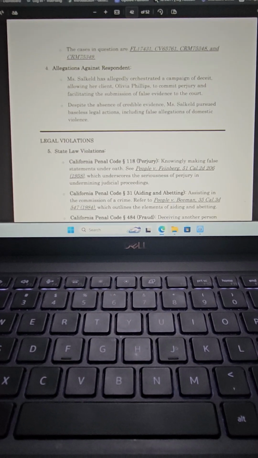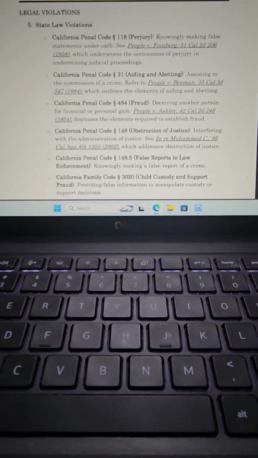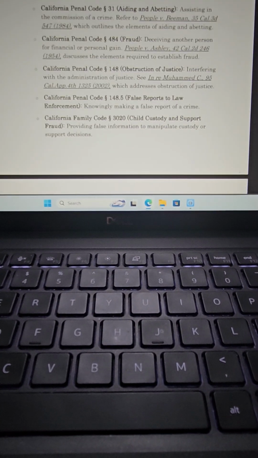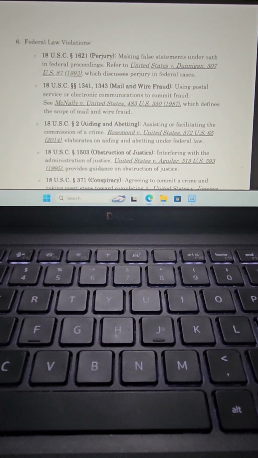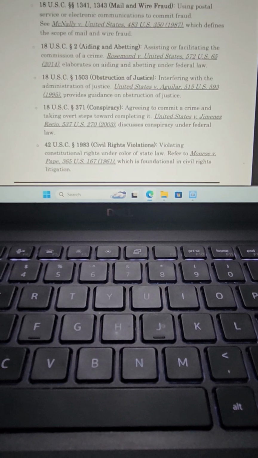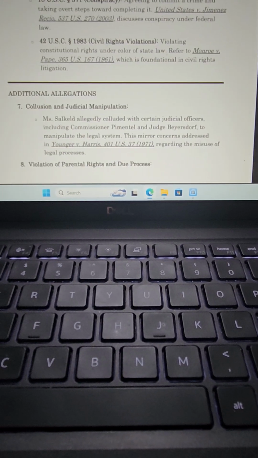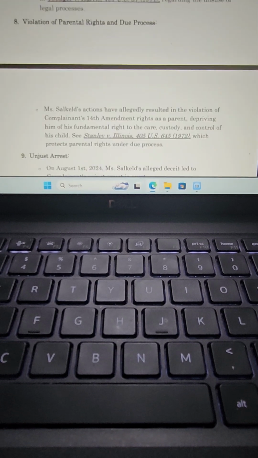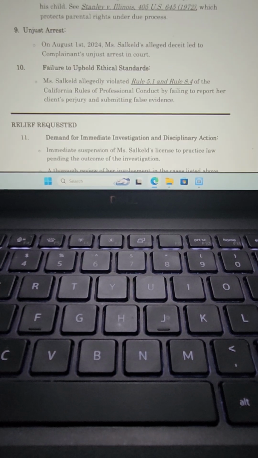Allegations against respondent, legal violations. These are all the state law violations: perjury, aiding and abetting, fraud, obstruction of justice, false reports to law enforcement, child custody and support fraud. Federal laws: perjury, mail and wire fraud, aiding and abetting, obstruction of justice, conspiracy, civil rights violations. Additional allegations: collusion and judicial manipulation, violation of parental rights and due process, unjust arrest, failure to uphold ethical standards,